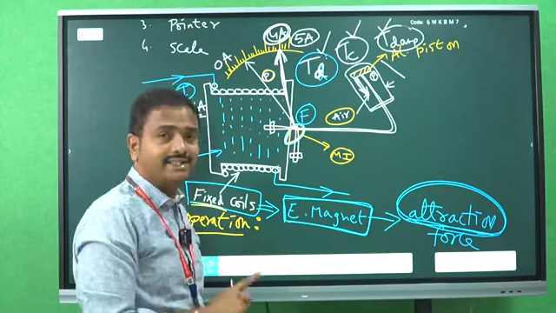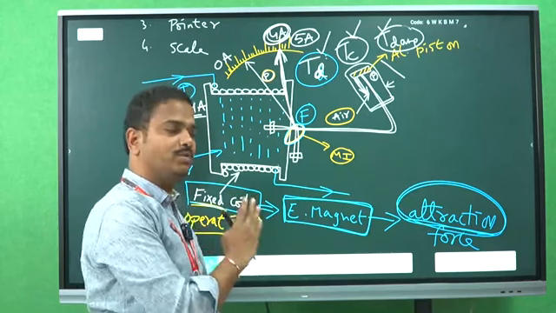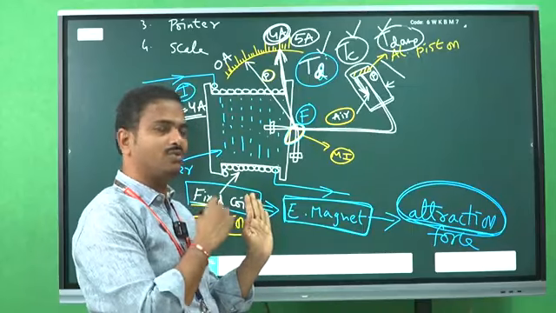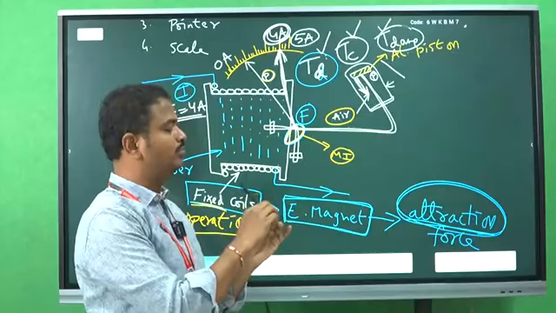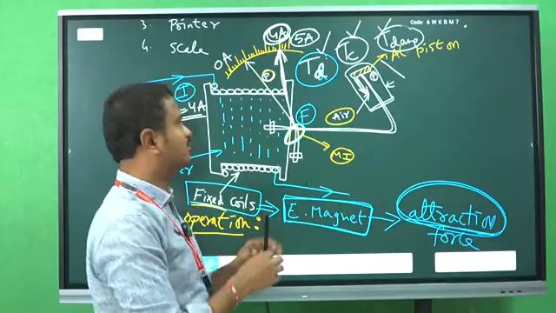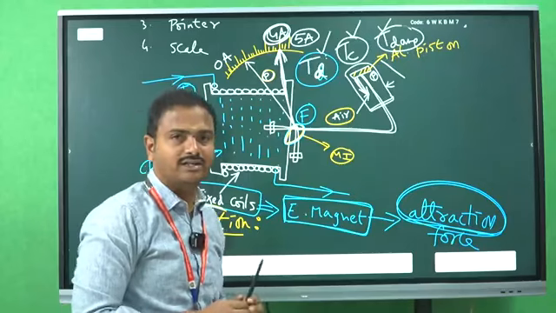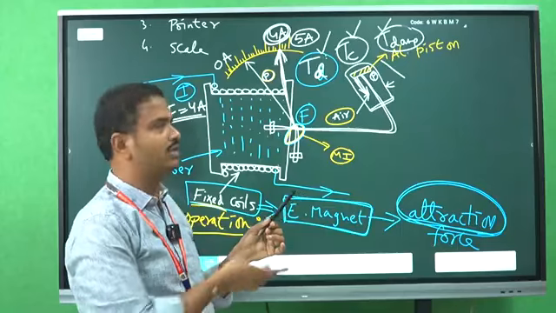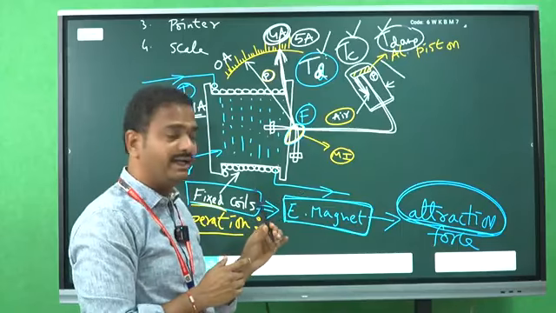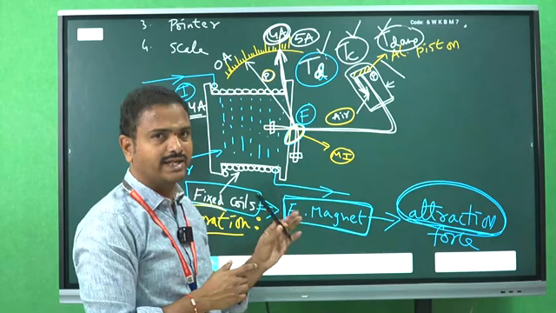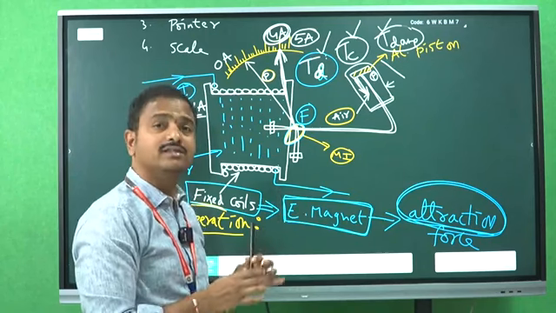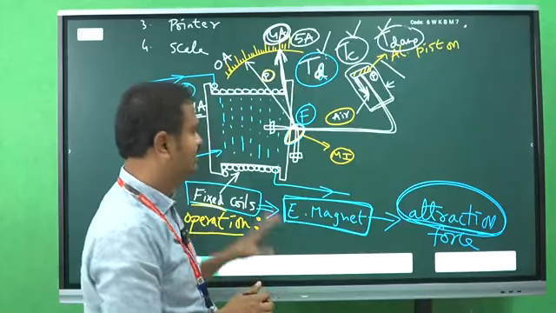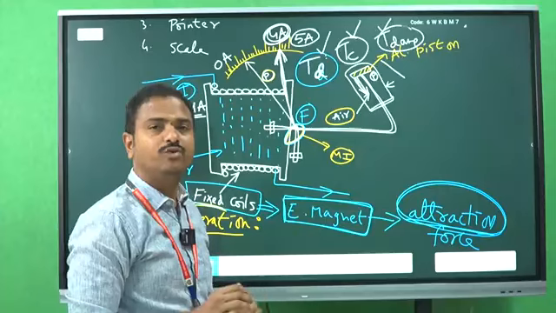Clear? So deflecting torque is to move the pointer from the 0 position. The pointer is initially at 0 position. Whenever the current is flowing through the instrument, the pointer should move on the scale. So that is the job of deflecting torque. And second one is controlling torque, so that the movement of the pointer should stop at the final value, 4 amperes value. So controlling torque is required. And the pointer makes some oscillations at the final point due to the kinetic energy. Therefore, damping torque minimizes the oscillations made by the pointer at the final position. Clear?